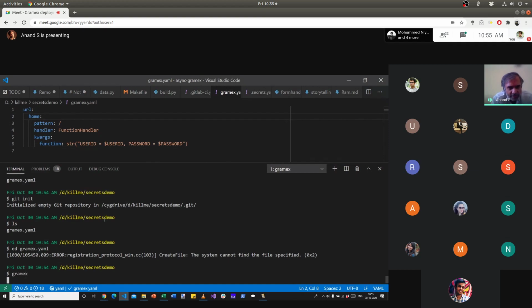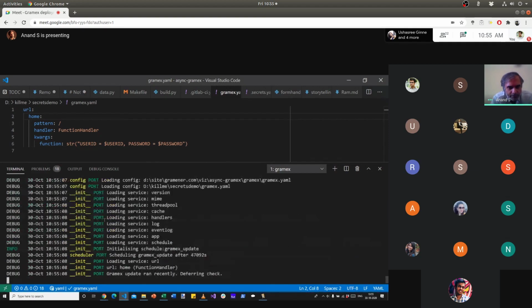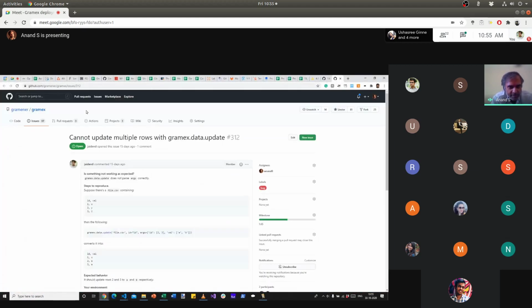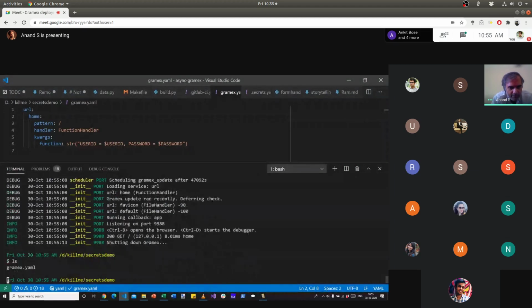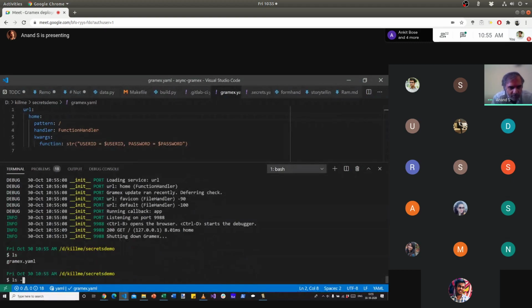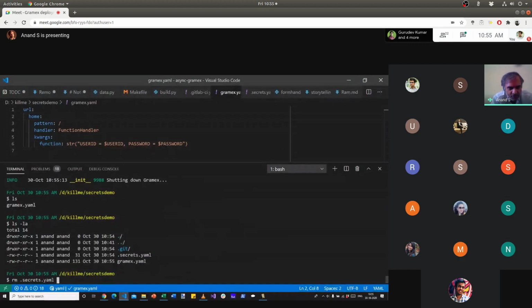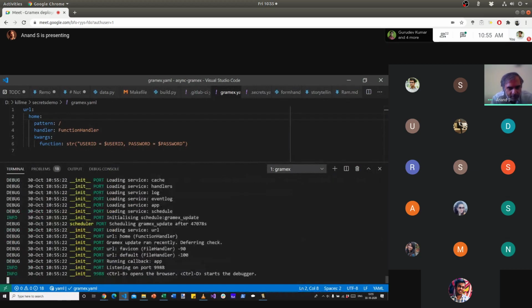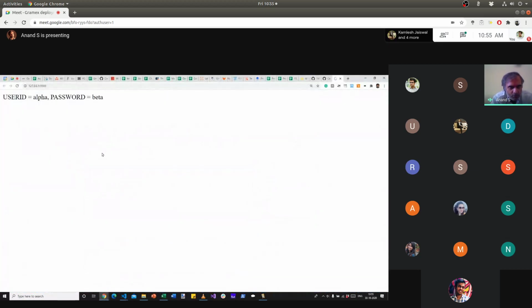So if I just run Gramex locally, this works. User ID is alpha, password is beta. But if I remove .secrets.yaml and run Gramex, these are now